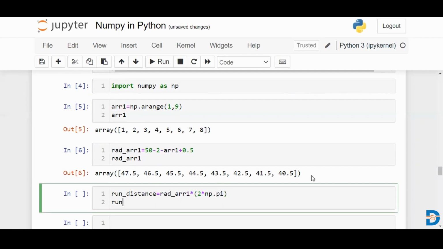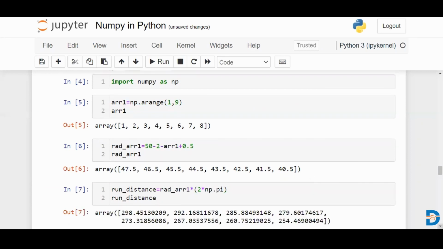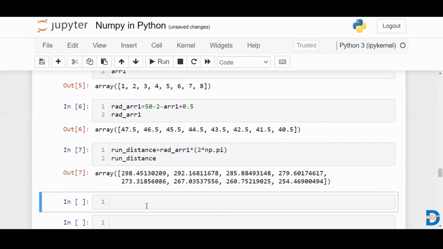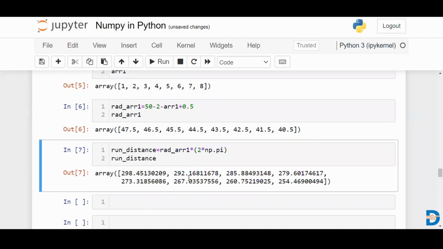Let's take a look at what our array looks like. There we go. You can now see how each athlete in each of the concentric lanes will be running a completely different distance. The one in the innermost will have a lot less, around 44 meters less than what the person in the outermost lane is running. So to make up for that,